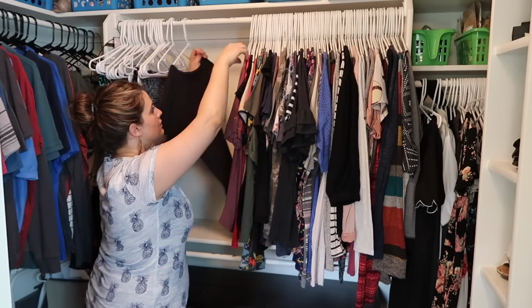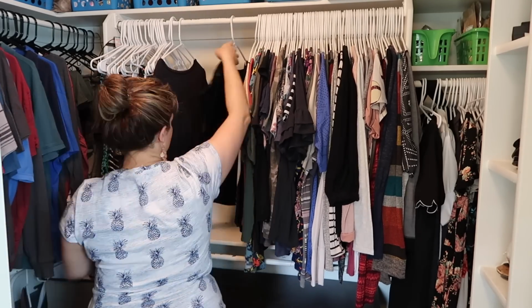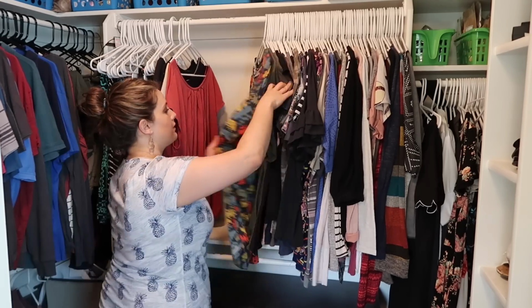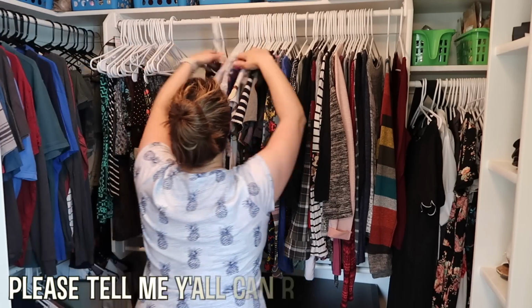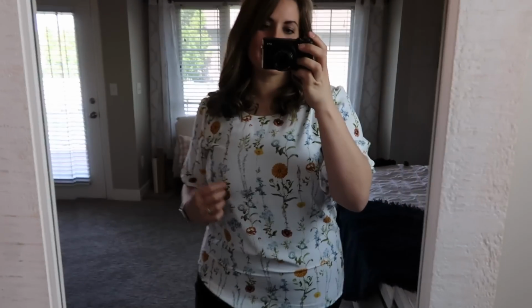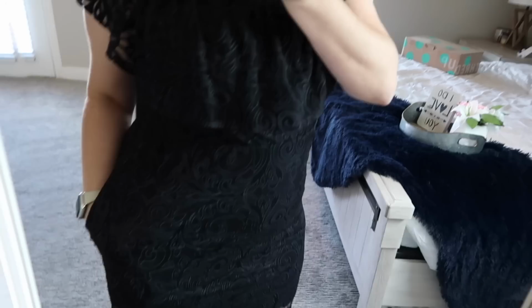As I was going through my wardrobe recently, I realized that there were so many pieces of clothing that I just was not wearing anymore. A lot of them honestly didn't even fit, and I know a lot of you guys can relate to this. I had a ton of clothes in there still from pregnancy or after pregnancy or before pregnancy, where those clothes really don't fit. And especially with summer coming up, I really wanted to revamp the wardrobe a little bit and get a few pieces just to carry me throughout the summer, and also a few